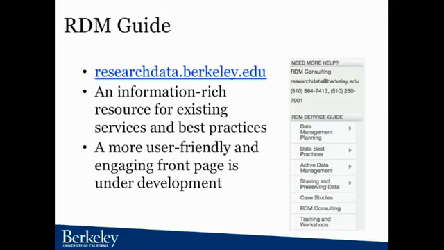In the near future, like in the next month, we'll also be providing a more user-friendly, engaging front page, which is partly about raising awareness and making sure people know this is here. And then, contact RDM Consulting. If you want to go learn about metadata and identifiers, you can go to this page, but all over the place, we're pointing people to send email to researchdata.berkeley.edu. Right? So we're trying to contact people and reach people in whatever ways work. And part of that is going to be discovery, and part of that is by having a big net with a lot of places to find people and catch people.